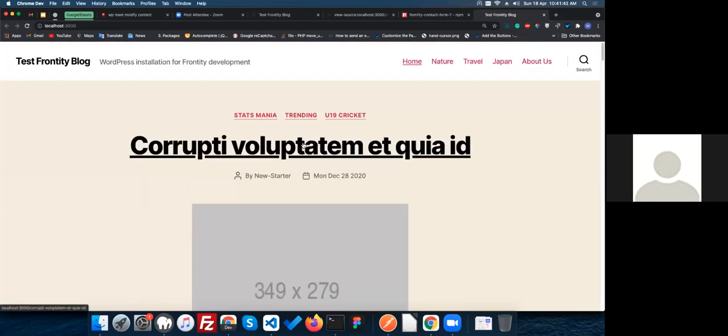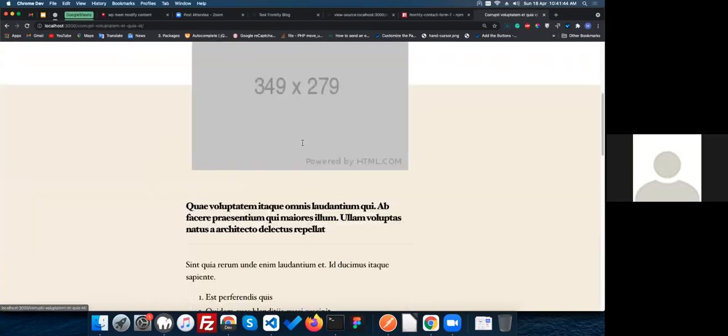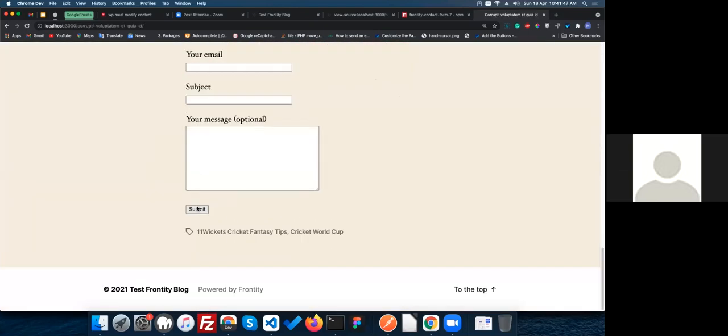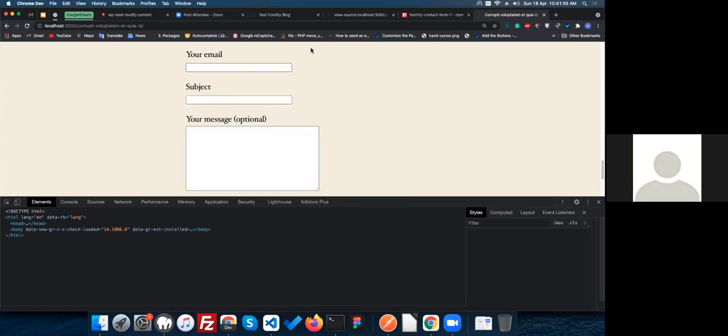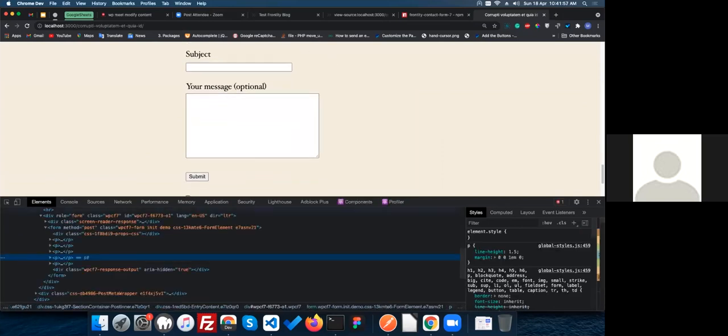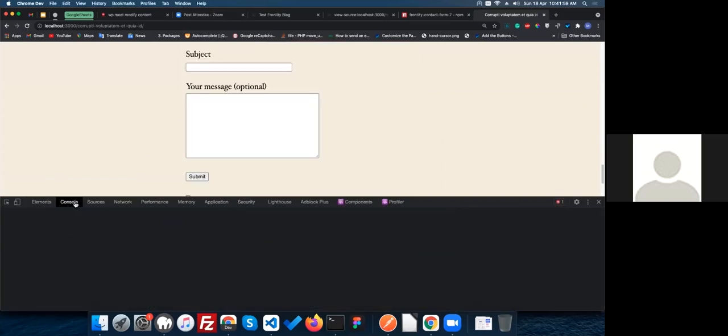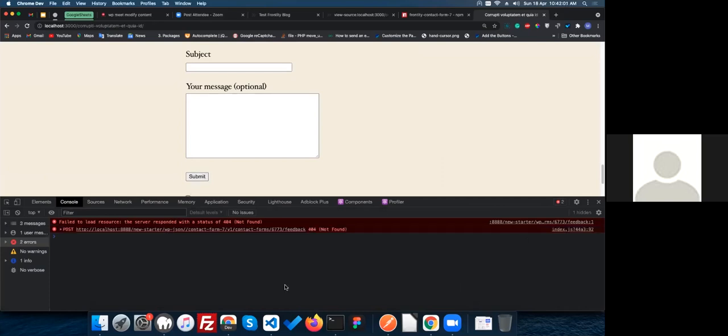So I'm going to go again to my post page in the contact form area. I'm just submitting this here. As you can see, currently we are not getting the error we should get for the required field. For that, as you can see in my console, currently I'm getting this error. I'm going to zoom in.